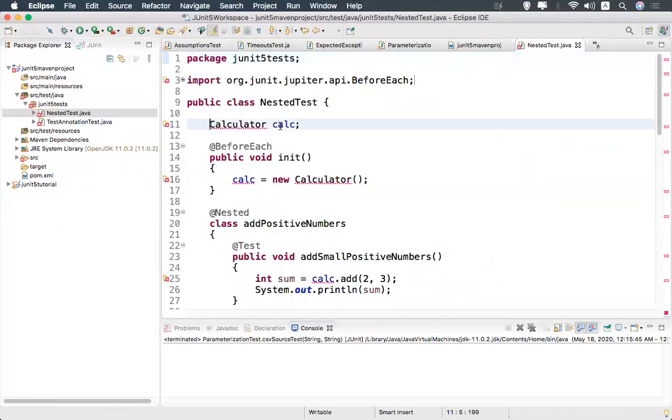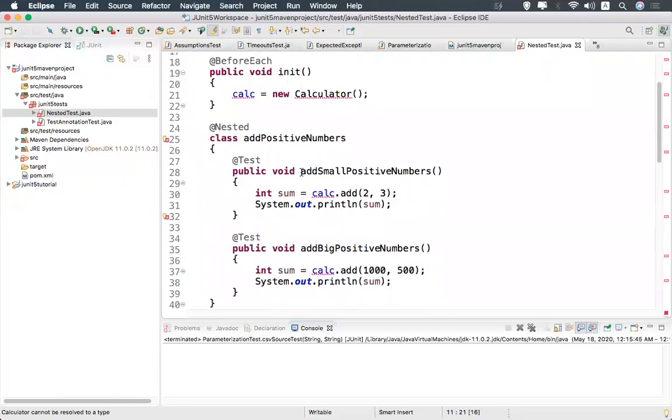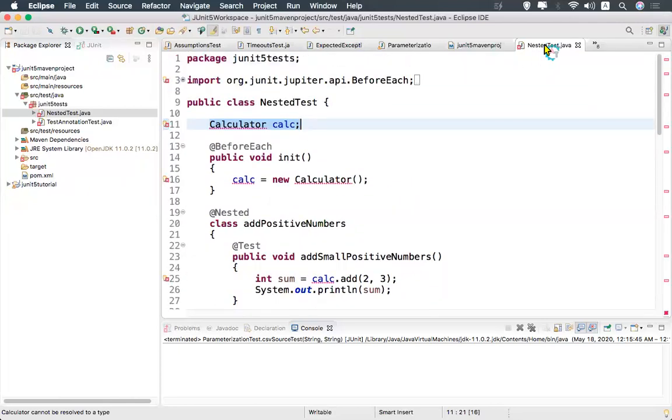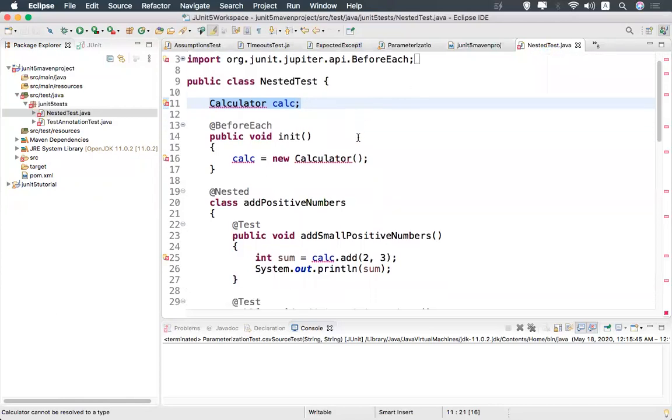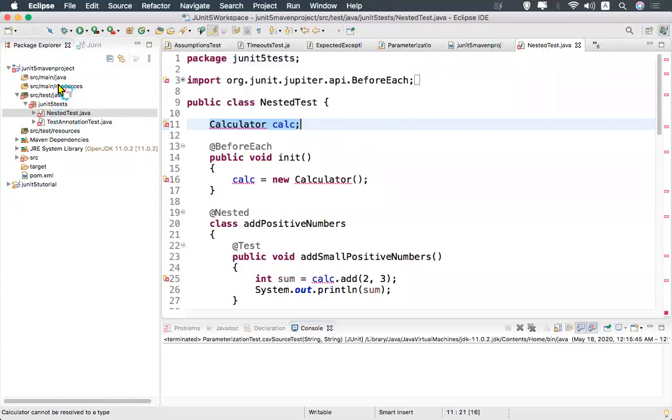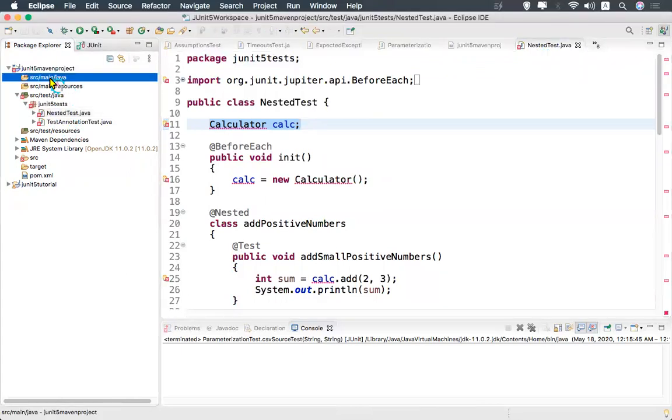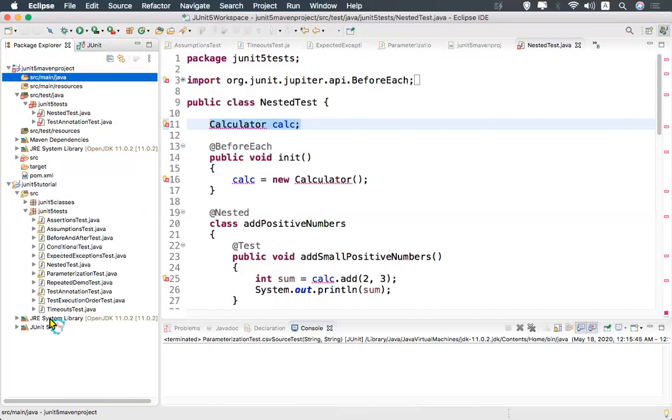I do not have calculator. So in the source main Java, I will copy paste the class which we have taken previously in the JUnit 5 classes.